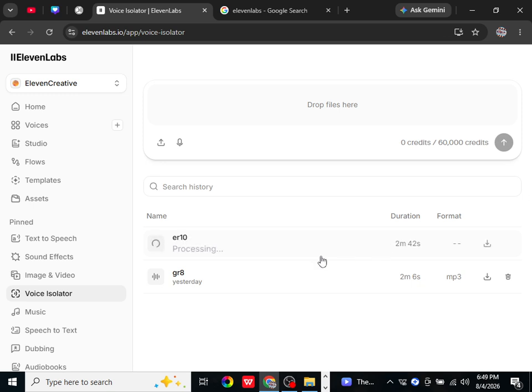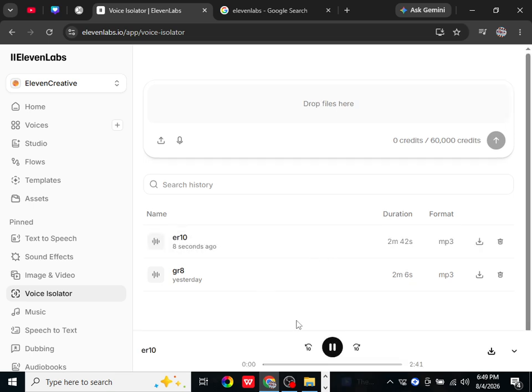If you still hear too much noise, check the available options and try processing the recording again if the tool allows it. Keep in mind that noise removal has limitations, especially if the original recording contains very loud background sounds, heavy distortion, clipping, music, or multiple people speaking at the same time,